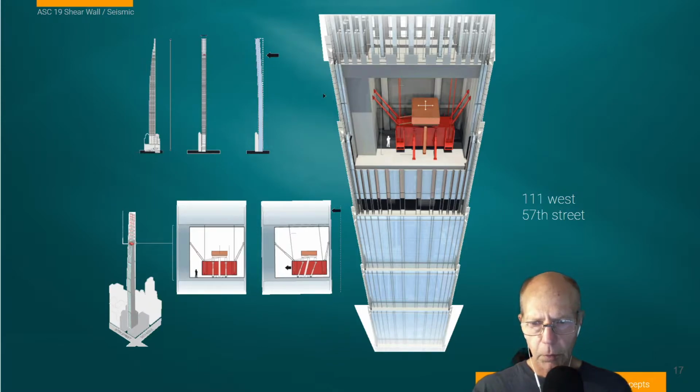This is 111 West 57th Street. It has a terracotta cladding on it with a bronze filigree. I've mentioned this in class when we were talking about rain screen and terracotta systems. In this case, this is an ultra-thin building for the uber-rich apartments on Manhattan overlooking Central Park. And we see at some really high floor level here, which I'll point out with my cursor,